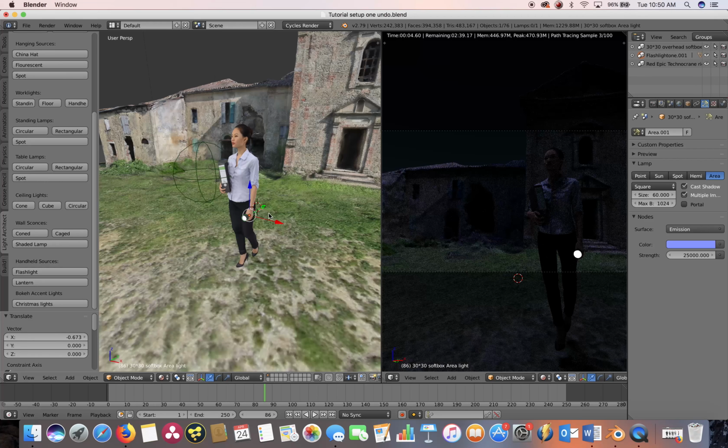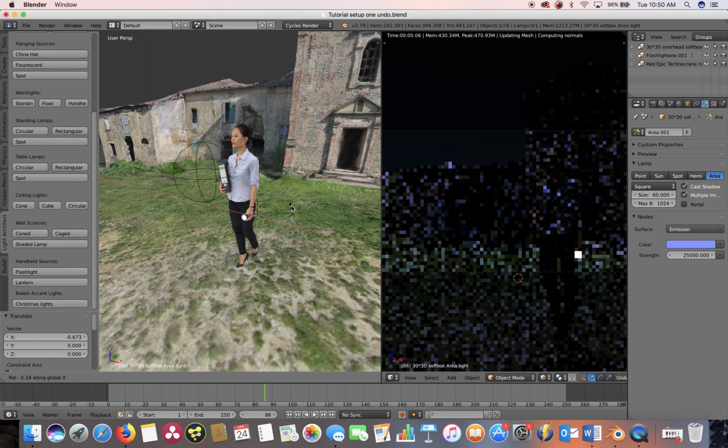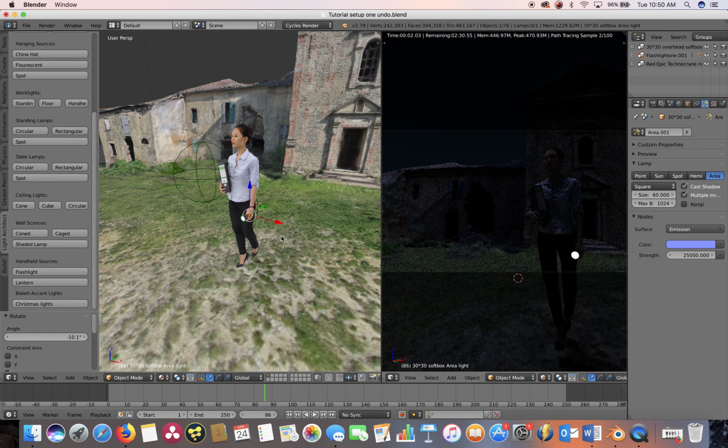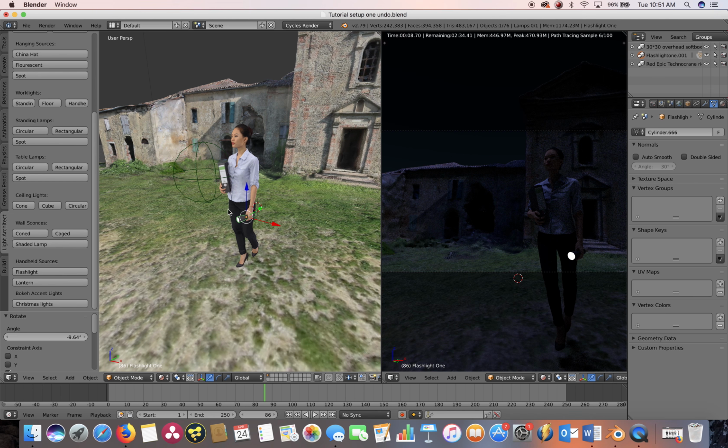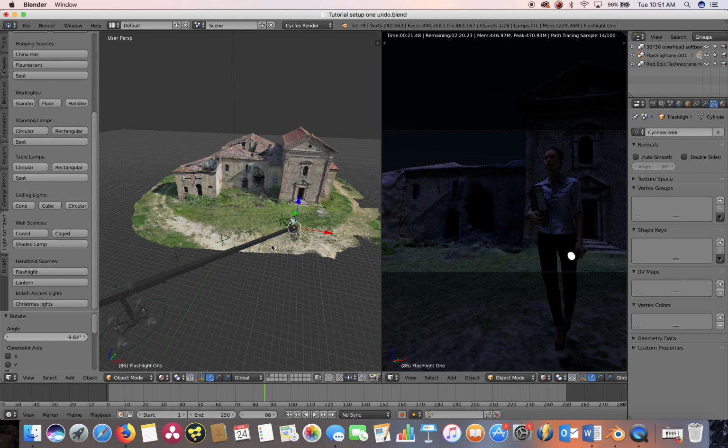Something like this. Just press R, rotate it. So now she has a flashlight with her. Now we can change the brightness and color of this light, but for now we're going to leave it as it is. Another thing that might be cool, if she's some kind of private investigator investigating a crime scene, maybe